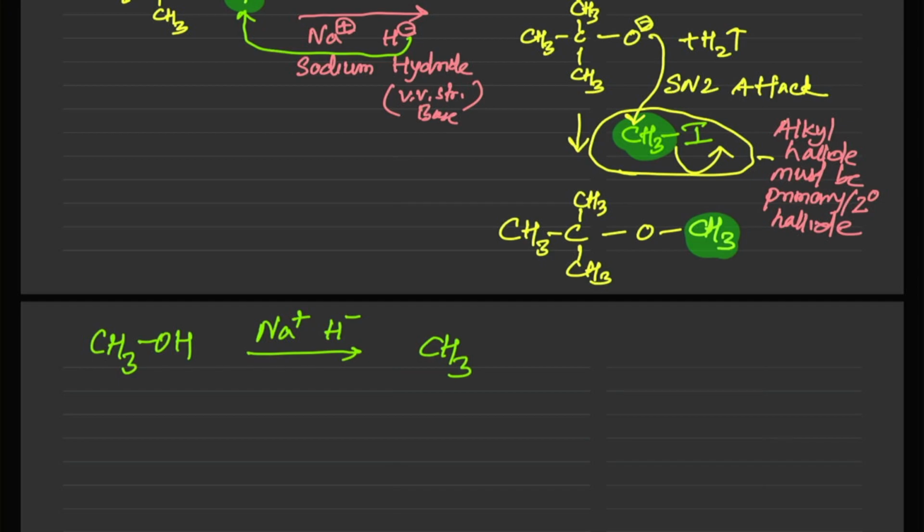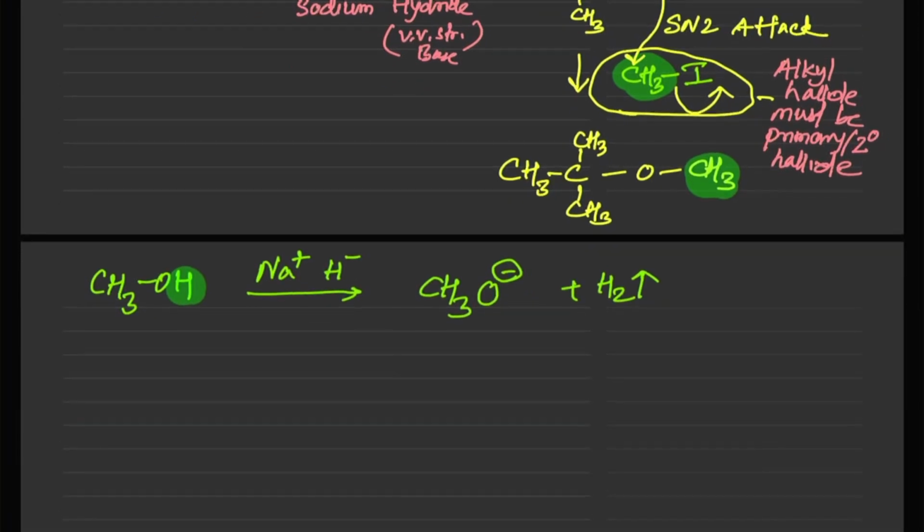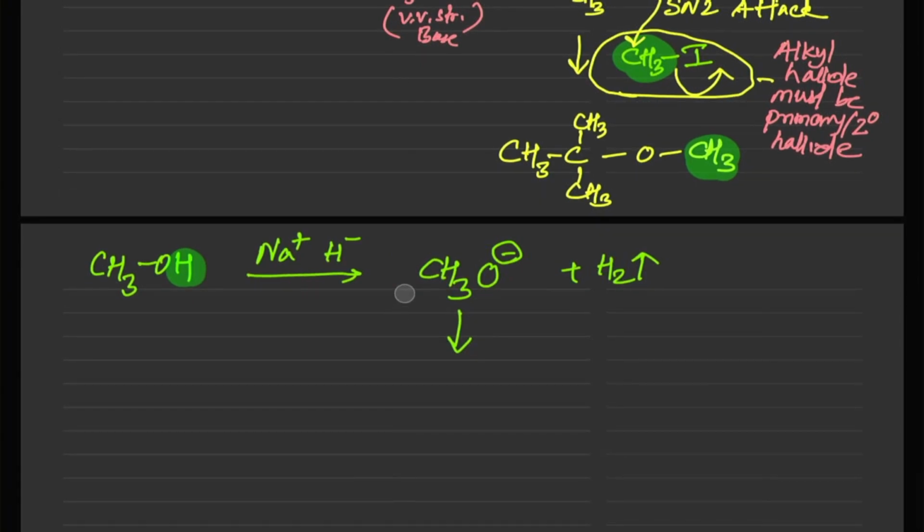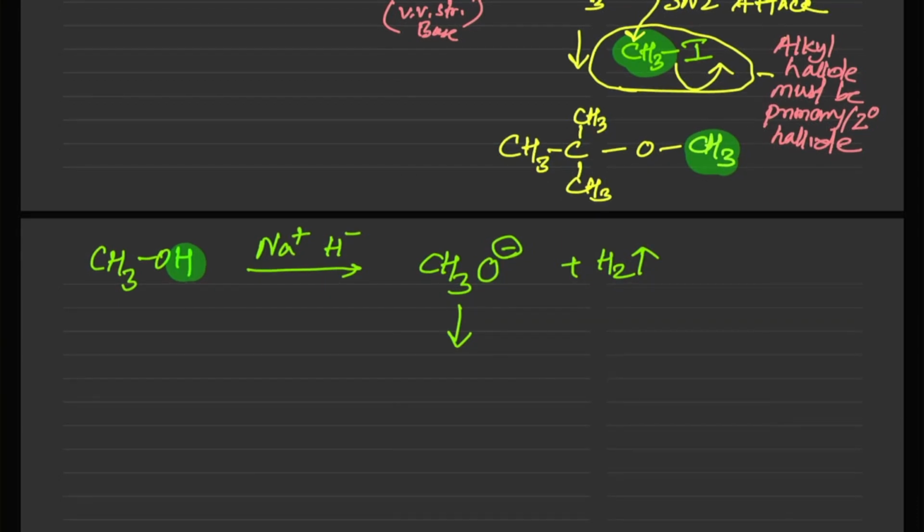I will make CH3O minus because the acidic proton will be gone. So this hydrogen goes out. Now I will use this as a nucleophile, and I will use it to act on